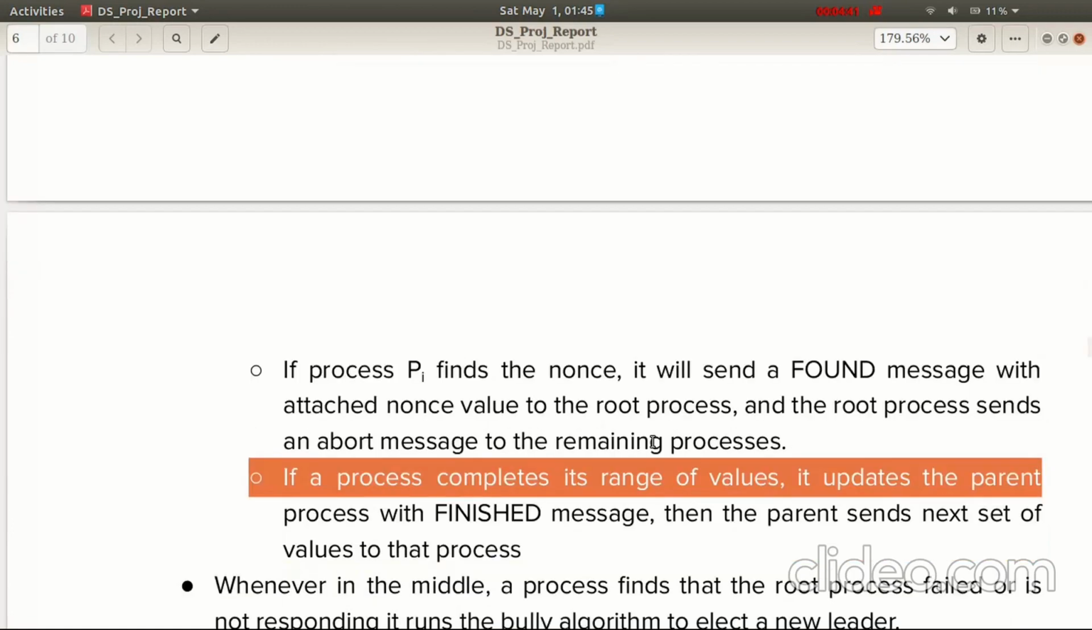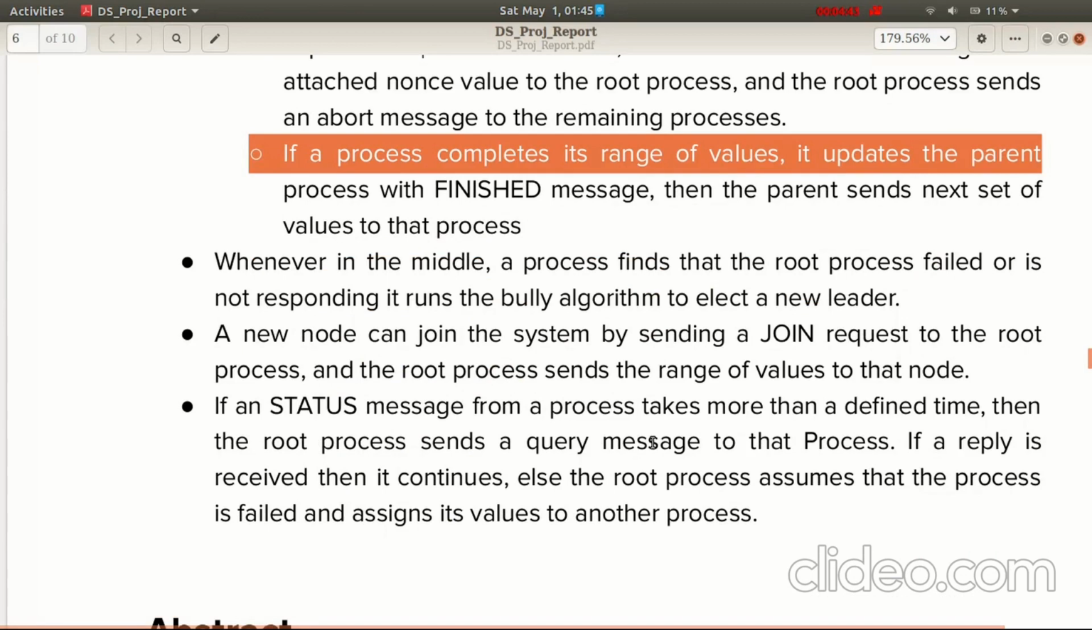Yeah, so what we included here is node additions. This algorithm is made such that node additions, removals and failures can be managed easily. Whenever a node is added, the root process knows which sets of values are assigned to which process and which sets are remaining, so it will assign from that pool to the new process. And whenever a node is deleted,